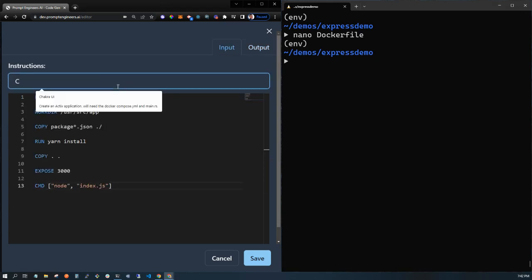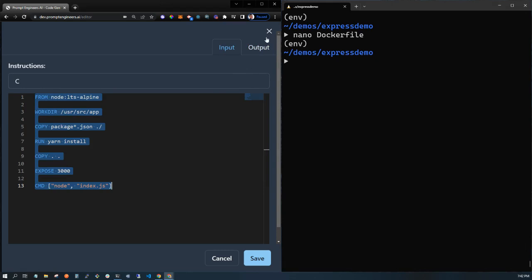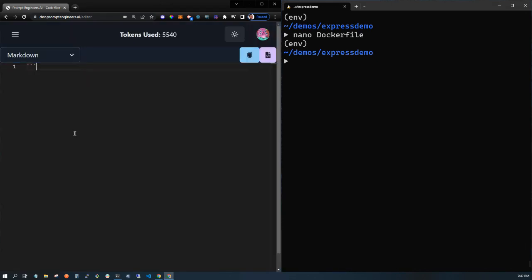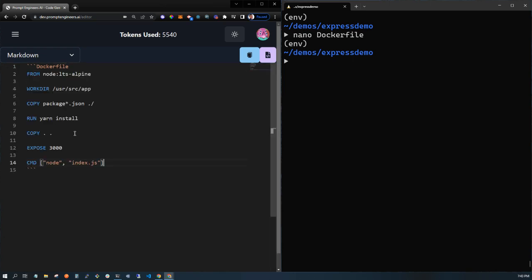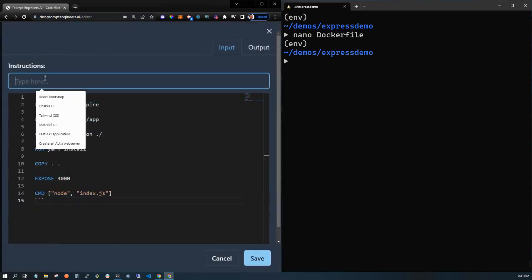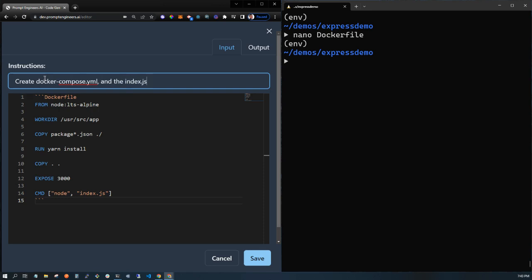And we're going to say, actually, I'm going to do this in Markdown. I think it's the best way to do this in order to generate other files. So we're going to tell Markdown that it's a Docker file. This will help us get some kind of syntax uniformity when we're doing this. So we're going to now paste this in here, and you see it says Dockerfile, and we're going to say create the Docker Compose YAML and the index.js